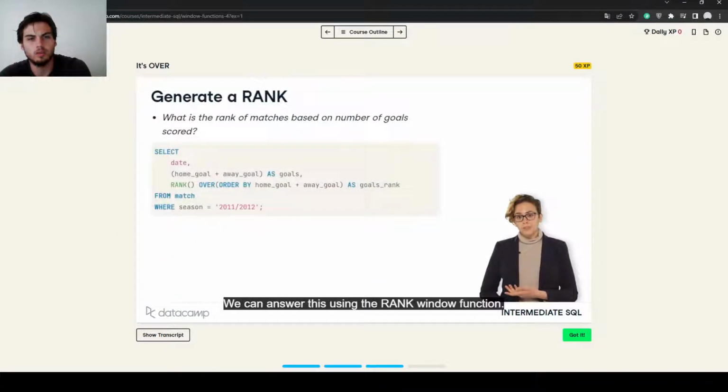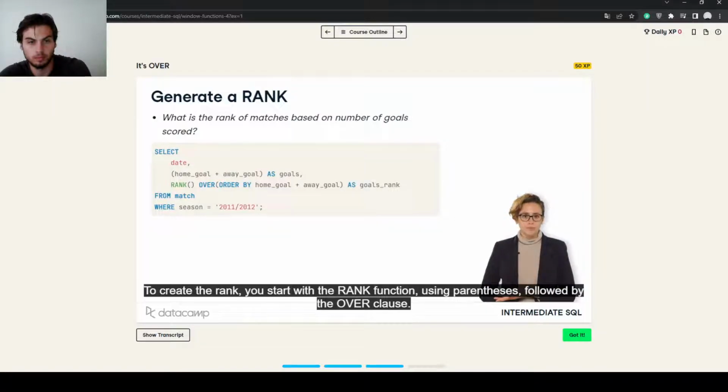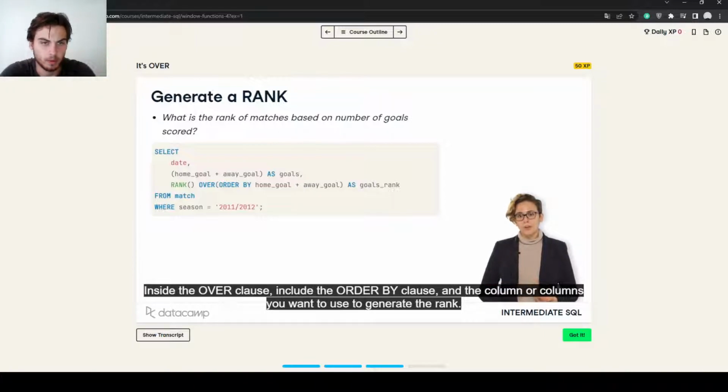We can answer this using the rank window function. In order to set this up, let's add a new column in Select as you see here. To create the rank, you start with the rank function using parentheses followed by the over clause. Inside the over clause, include the order by clause and the column or columns you want to use to generate